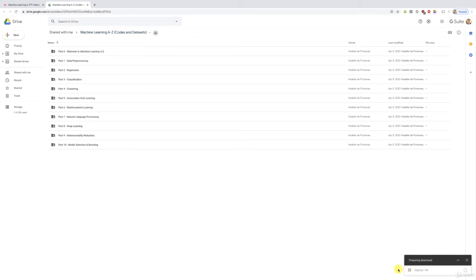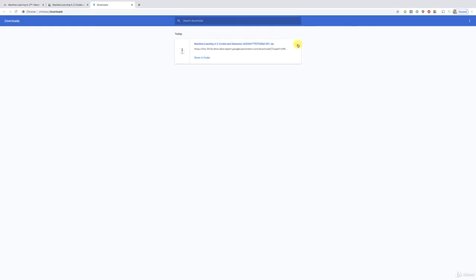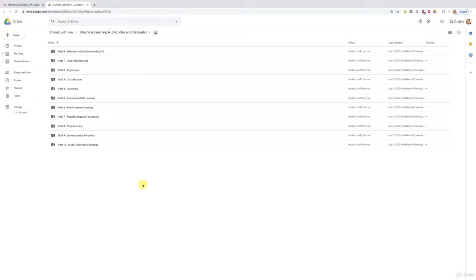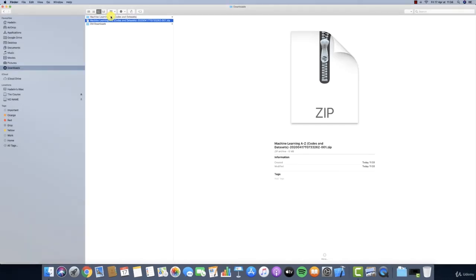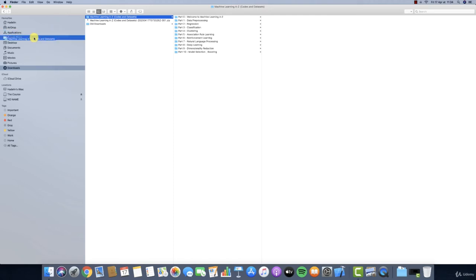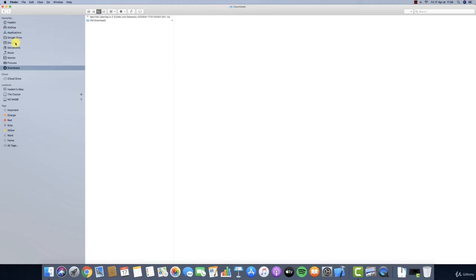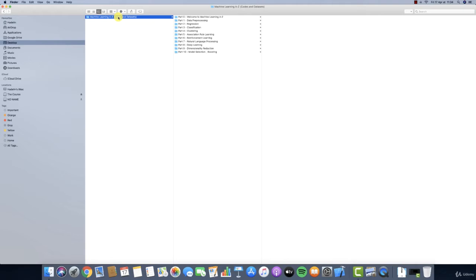It is not a big folder because it only contains codes and datasets. So at first it's going to zip the file and then it's going to download it very quickly. All right, it should just take a few seconds and there we go. Download ready. Now it is downloaded and all good. Perfect. So I'm going to close this tab and now I'm going to show you what we got. So I'm going to go to my download folder. Here it is. This is what was just downloaded, this Machine Learning A to Z folder. So let's unzip it. I just double clicked to unzip it and here it is. So I always like to put it on my desktop. So there you go. Let's go to my desktop and here is the whole Machine Learning A to Z folder